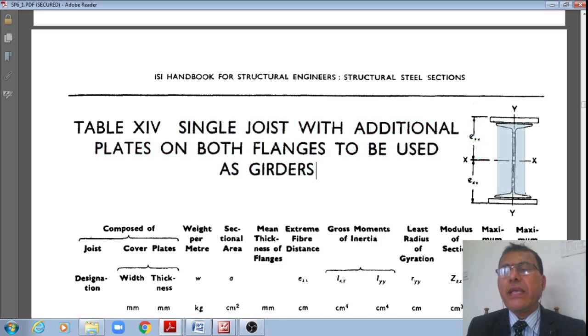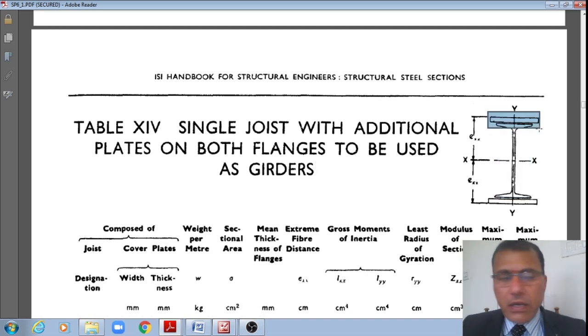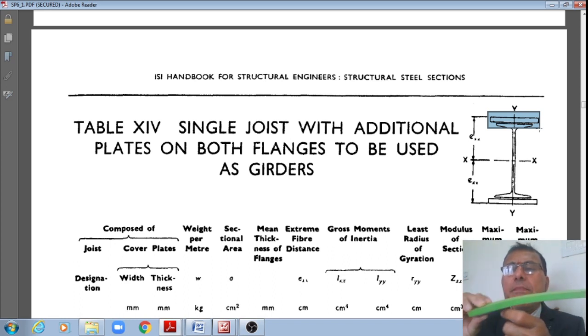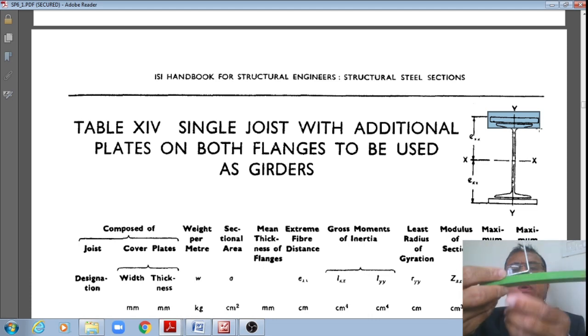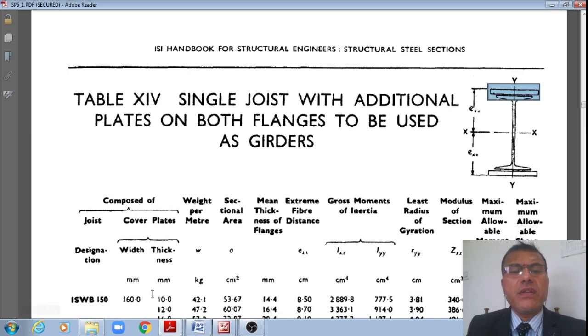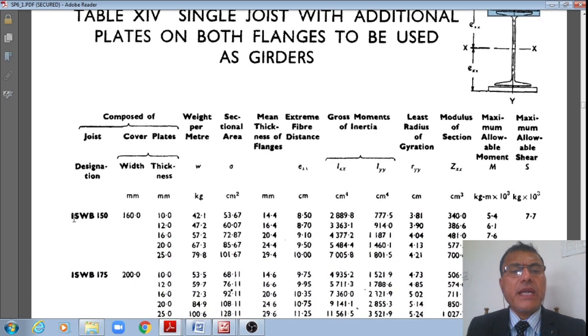That is how ISM Indian Standard Rolled Steel Beam sections, when they are provided with a plate on the compression zone as well as the tension zone, what are the properties that we will now note down, right? That is how the Indian Standard wide flange beam with designation ISWB 150 having a width of 160 mm,